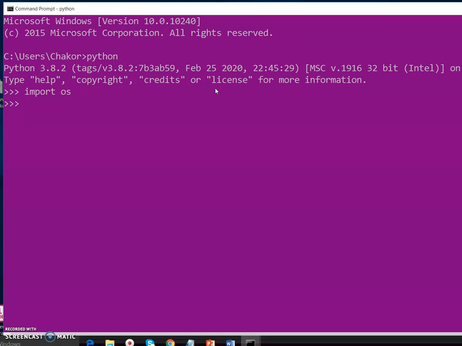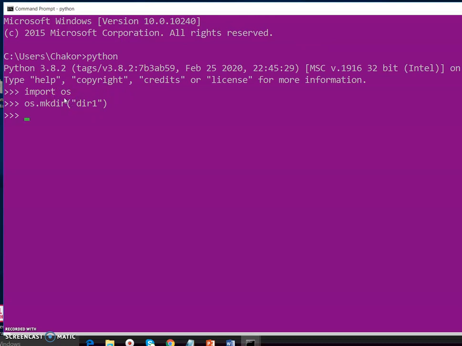Now if you want to make a directory, then the syntax is os.mkdir to make a directory in the current directory, and mention here the directory name. Here I am going to create a directory called dir1. Then close the round bracket and press the enter key. So now this dir1 is created in the current directory.